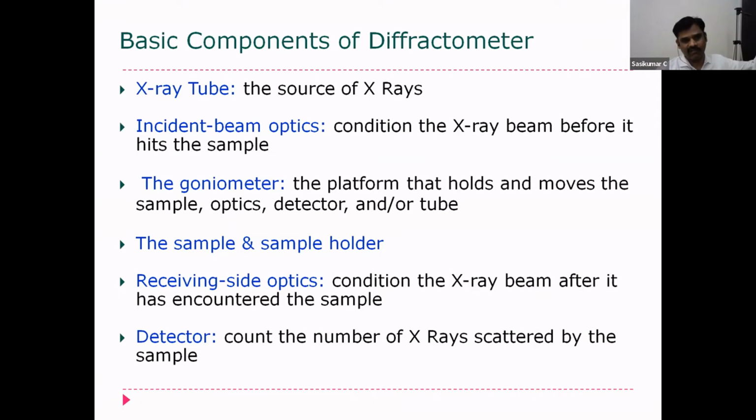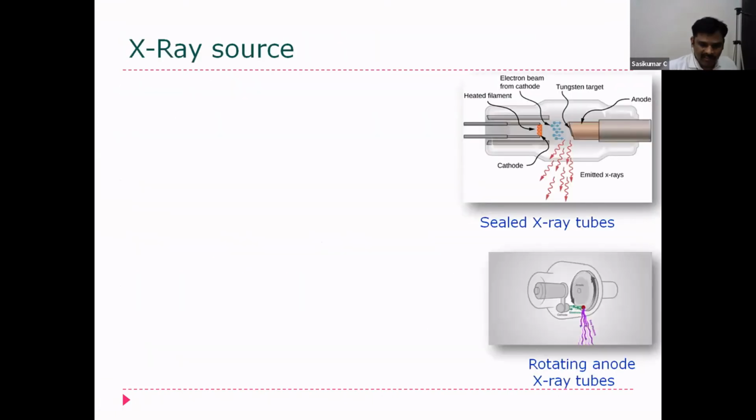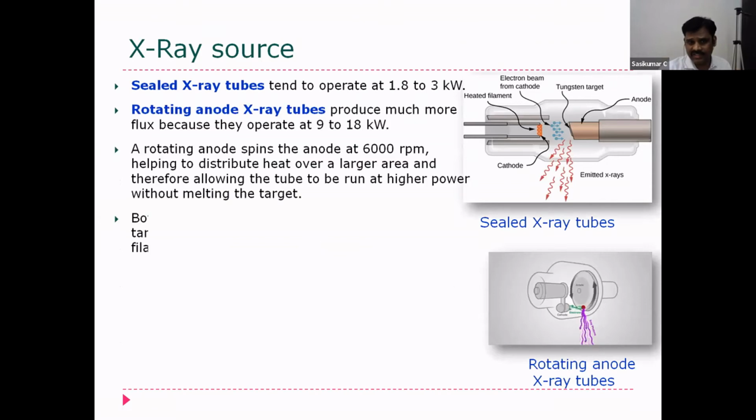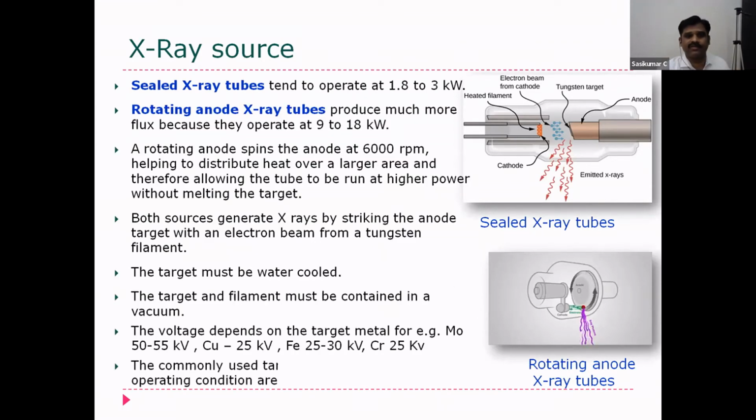So essentially you have an X-ray tube, the sample holder, the detector, and optics. And what is this X-ray source? We have discussed in detail the various types of X-ray sources, where high energy electrons, when they impinge on the surface of the metal target, produce X-rays. If you look into XRD, there are two kinds of sources normally used. One is sealed X-ray tubes,